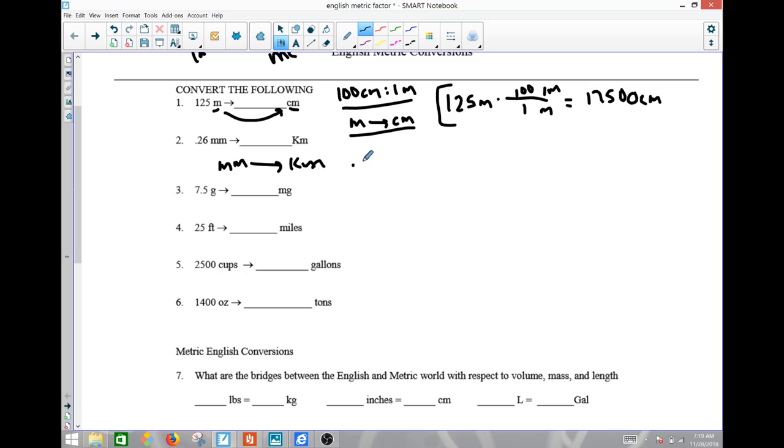All right, so 0.26 millimeters, dot line, get rid of millimeters and go to kilometers. 1 big kilometer is equivalent to 1 million small millimeters. And simply divide out. Because it's on the bottom we divide, so on the top we multiply, on the bottom we divide. So 1 doesn't do anything. I'll go 0.26 times 1 is just going to be 0.26, divided by 1 million